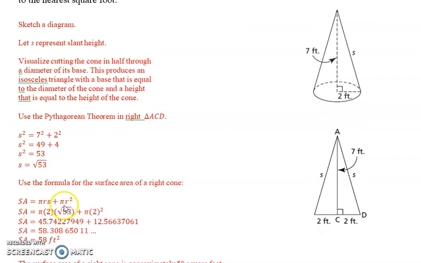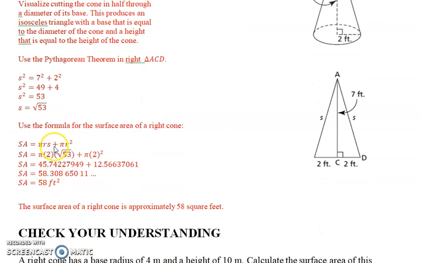So then we use pi r s plus pi r squared. r is the radius, s is the slant height. Slant height we already calculated as the square root of 53. Pi, we just leave it in. Do not put 3.14. Use the pi button on your calculator, please. 3.14 is an estimate. We want to use actually what pi is, so we use that pi button on our calculator. So it's going to be pi multiplied by 2 multiplied by the square root of 53,